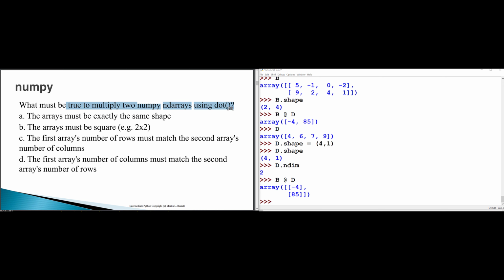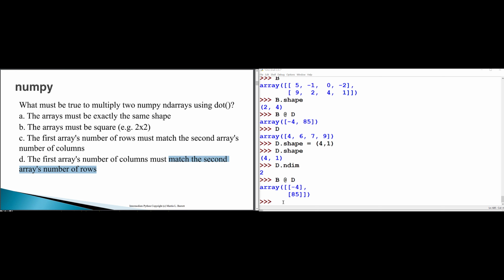Okay, so dot is performing a real matrix-style multiplication of two arrays. And the dimension of an array is given as number of rows by number of columns. So in order to multiply two arrays, the first array's number of columns has to match the second array's number